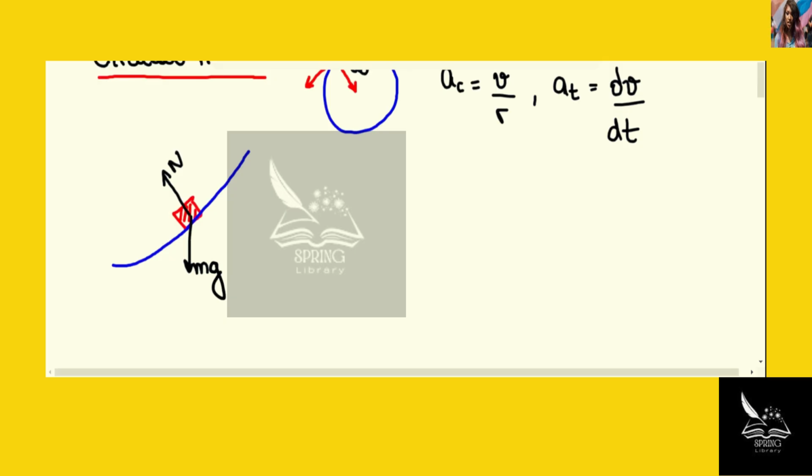Okay, at any point, the trajectory of the block can be considered locally circular. So I'm going to decompose the forces that act on the block in a radial component